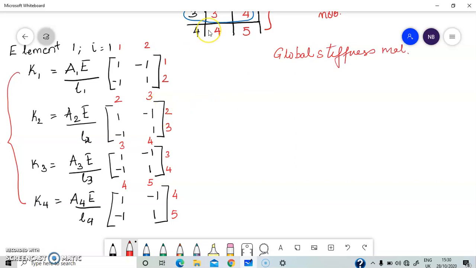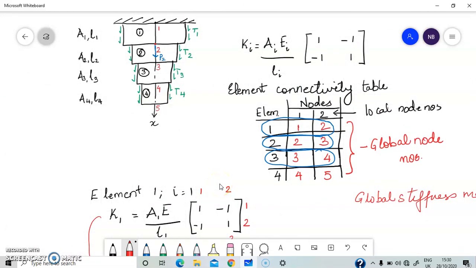If we look at the problem that we were given initially, we have 5 nodes here, right? And this is a one-dimensional body. Each node can displace only in one direction. So the degree of freedom of this system given to us is 5. So the global stiffness matrix that we will get has to be a square matrix of size 5, that means 5 multiplied by 5.